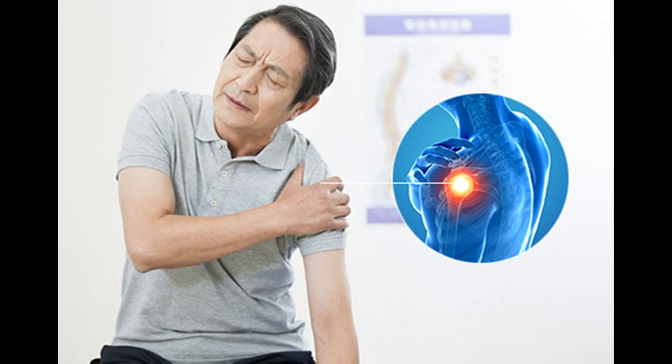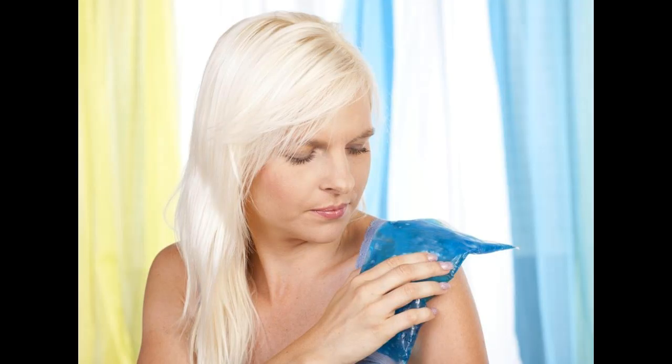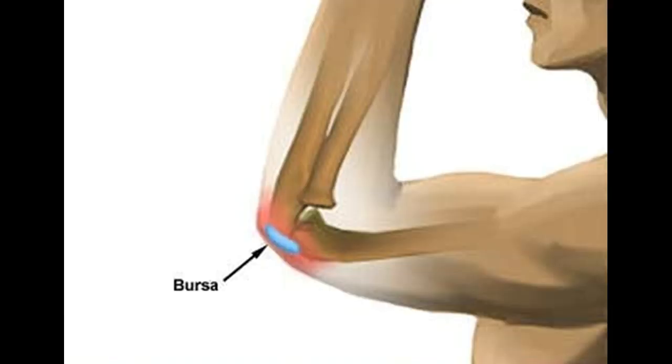Who usually gets bursitis? Bursitis is more common in adults, especially in those over 40 years of age. What parts of the body does bursitis affect? Elbow, shoulder, hip, knee, Achilles tendon. Symptoms of bursitis. The most common symptom of bursitis is pain. The pain may build up gradually or be sudden and severe, especially if calcium deposits are present. Severe loss of motion in the shoulder, called adhesive capsulitis or frozen shoulder, can also result from the immobility and pain associated with shoulder bursitis.